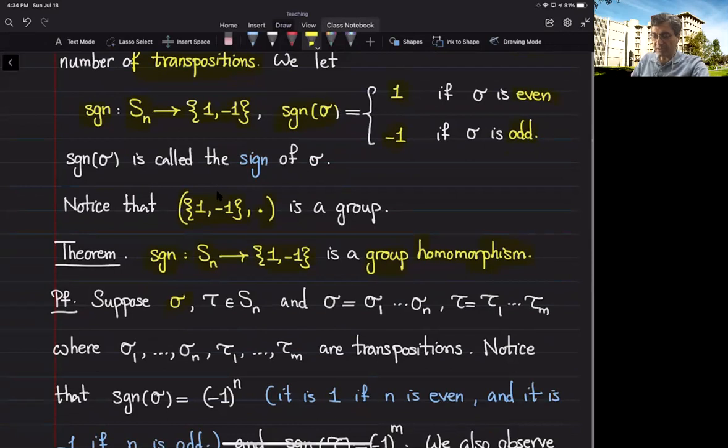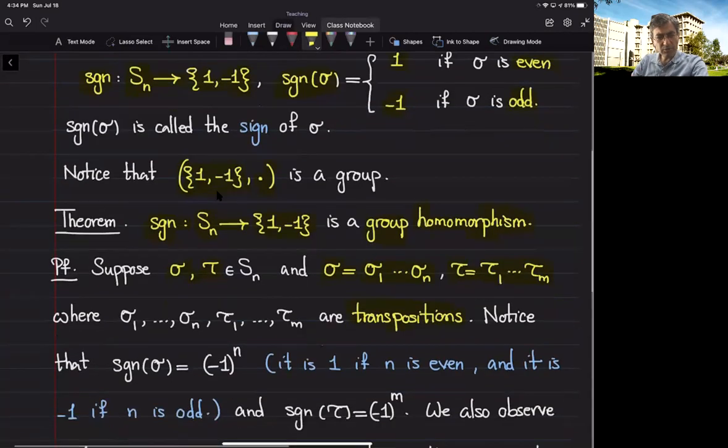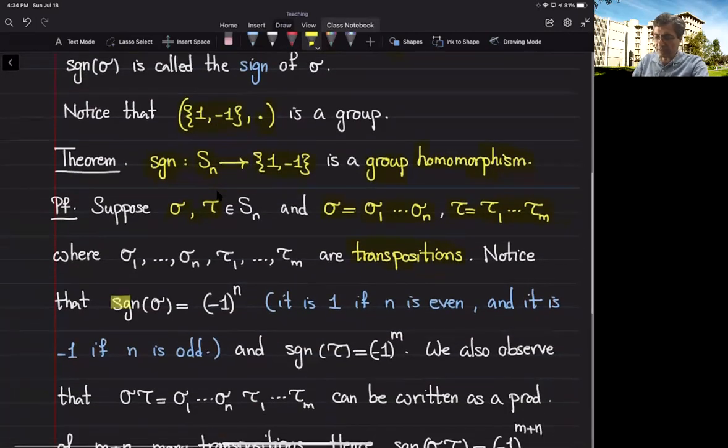So I give you two permutations, sigma and tau, and I write down sigma as a product of transpositions, sigma sub i's, and I write down tau as a product of transpositions, tau sub i's. So sigma sub i's and tau sub i's are transpositions. Now I notice that by definition, sign of sigma is simply -1 raised to the power of the number of transpositions that are involved in writing